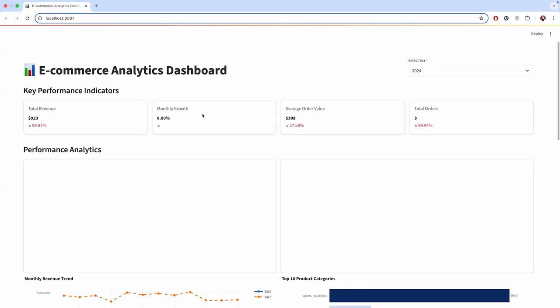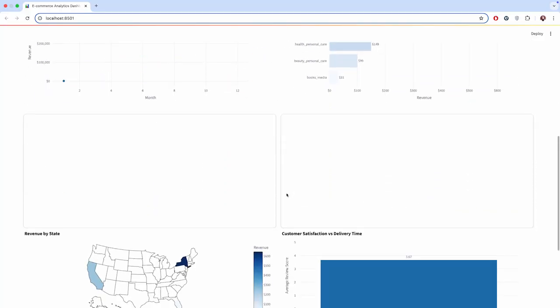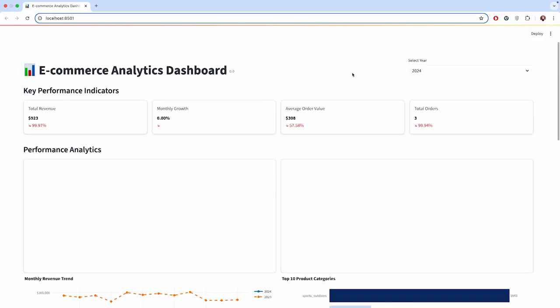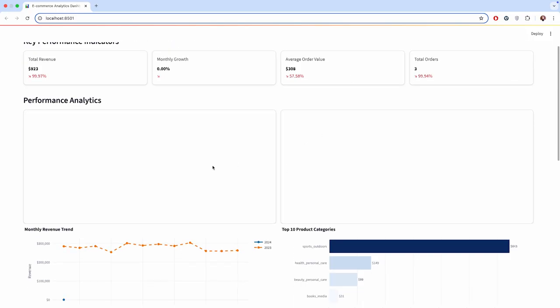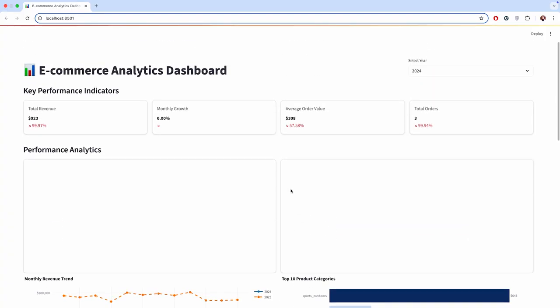I've got some revenue, I've got some growth. As we scroll down a little bit, we're definitely going to want to verify that these numbers are what we expect, and we see that some things are still missing a little bit. When we take a look at this dashboard, it's a pretty good start, but we can see that we're missing a couple things. It looks like these cards here are empty and actually redundant because we're getting the information that we want. At the same time, it's a little difficult to start with 2024 because we're not seeing much information year over year. So maybe we should ask Claude to not only clean up these pieces, but also start with